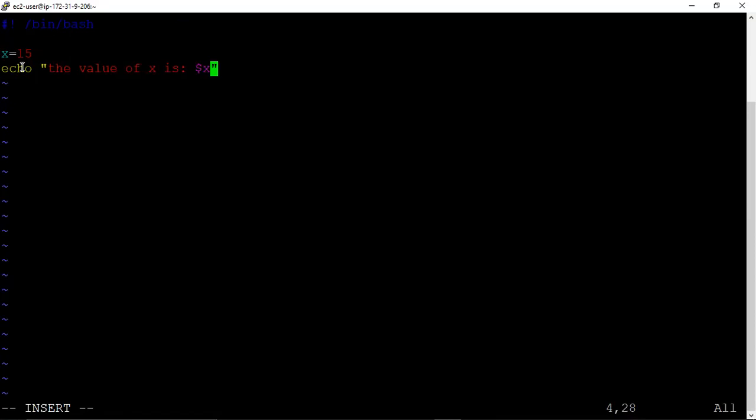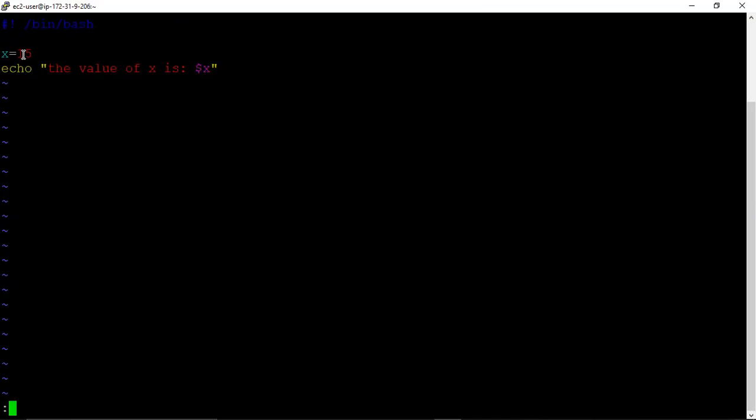In order to define a variable, we assign x=15, and in order to show the result, we use the echo command. The terminal is going to print this sentence, the value of x is, and instead of $x, it is going to print 15. So let us first execute this script.